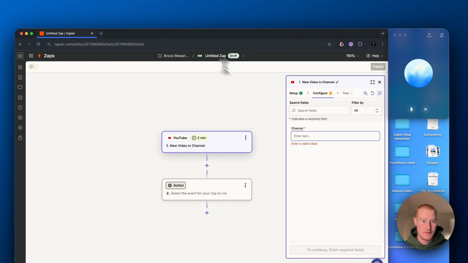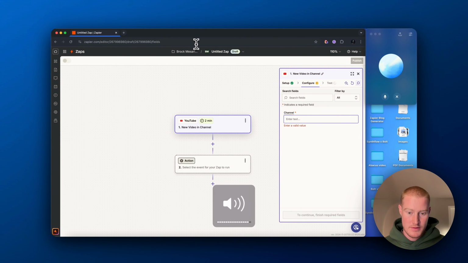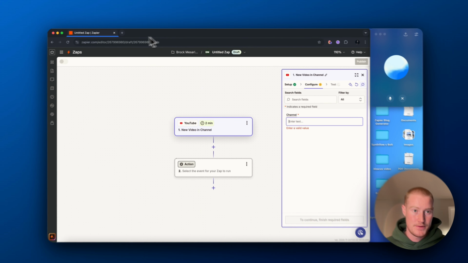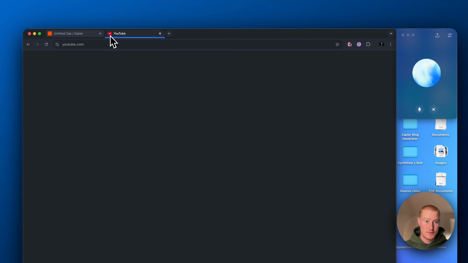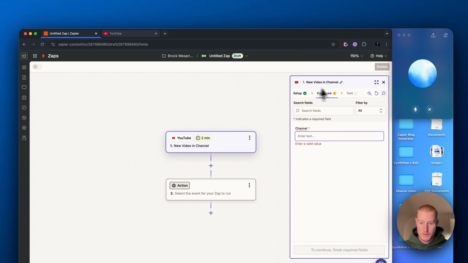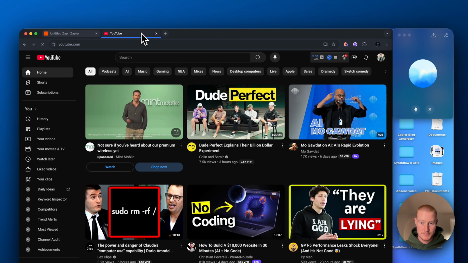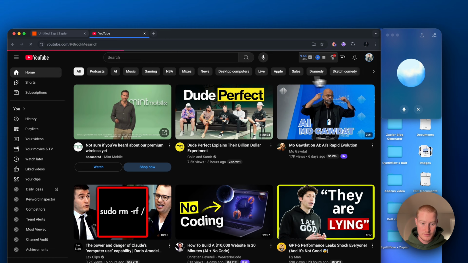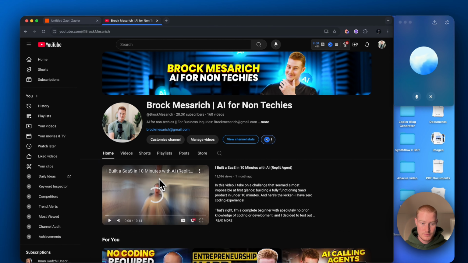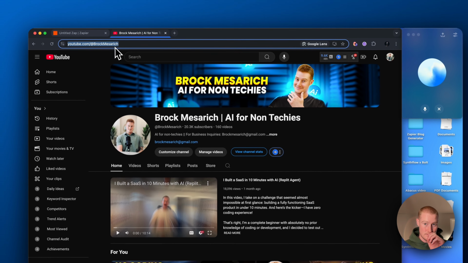If you don't see your channel in the automatic drop-down, you might need to manually input your channel information. Here's how. In the Setup Trigger section, you'll see a field where you can enter your YouTube channel ID or username. To find your channel ID, go to your YouTube channel's homepage. The URL will look something like this: